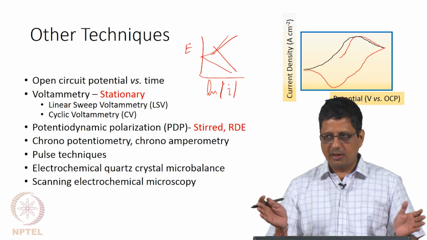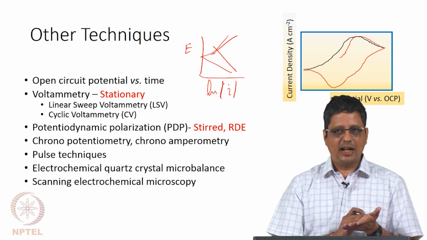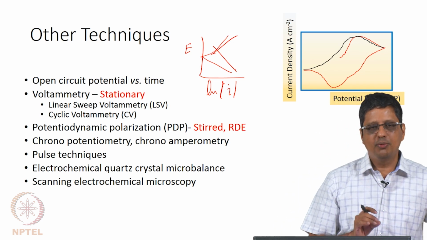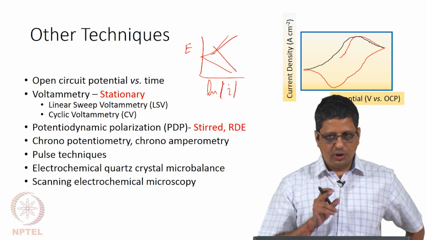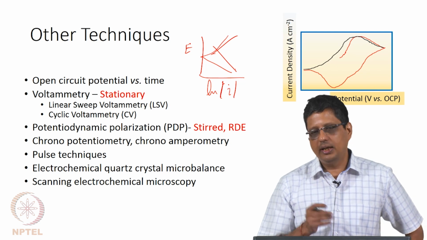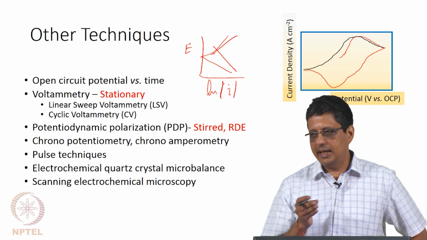If you want to do the experiment fast, click, have a large scan rate, yes it will run fast, but the results you get will have contribution from double layer capacitance. So, you should run it at a slow scan rate. What is slow? Typically it is 1 millivolts per second or less than that.